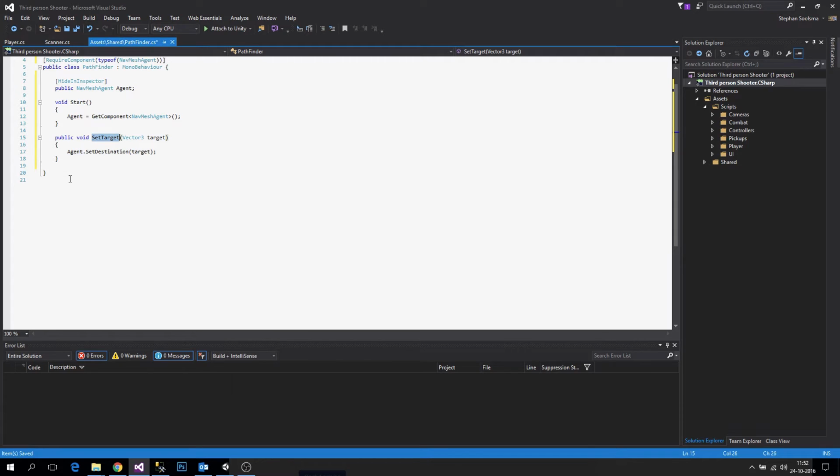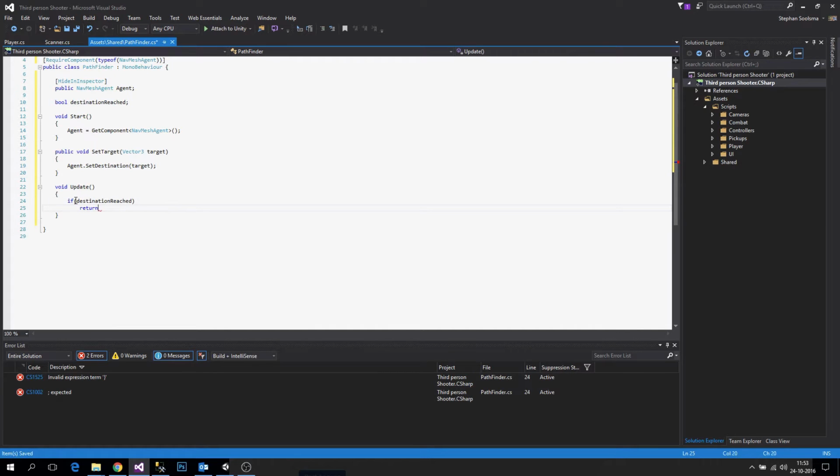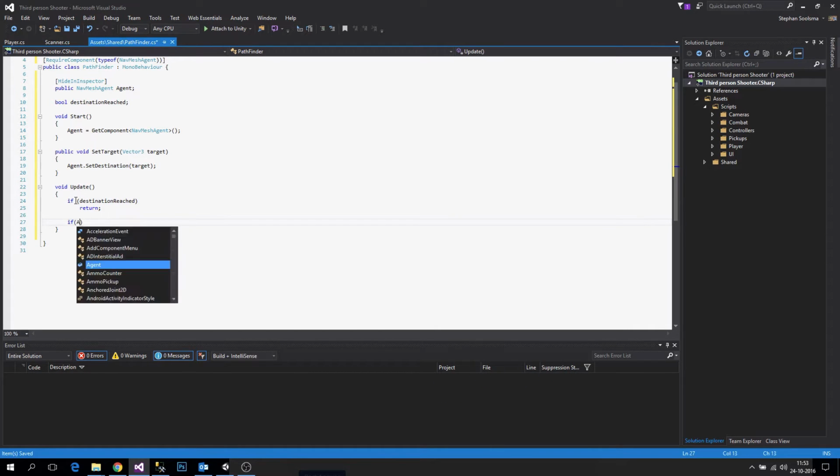Now we want to also know if we reach our destination. So let's make, in the update method, we say we need a variable for it, which is a bool destination reached. And then we say if destination reached, we return, and otherwise we say if agent remaining distance, if this is less than a